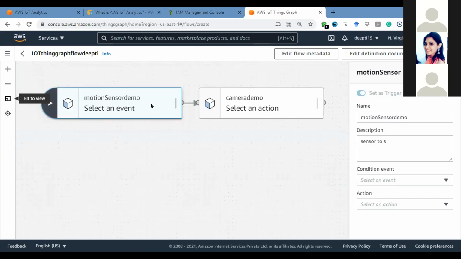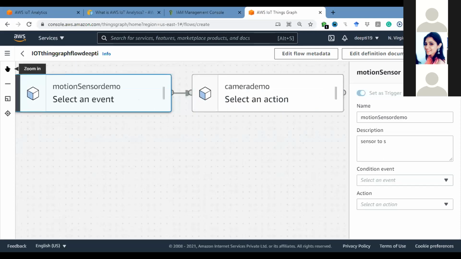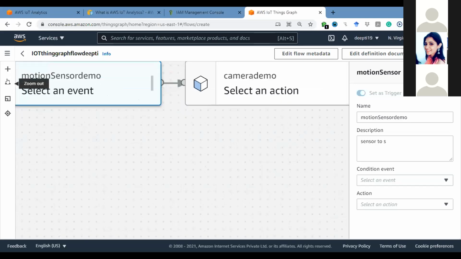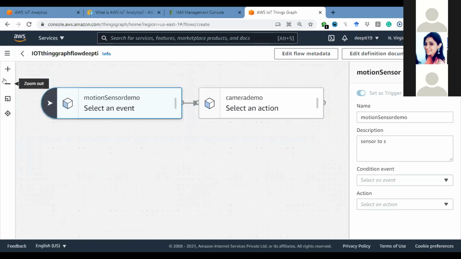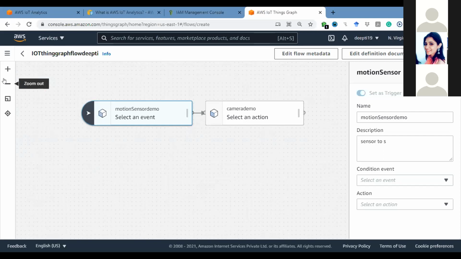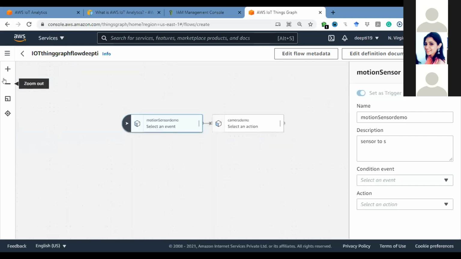Click there. Now you can see it. Click on this plus, you need to zoom in. Okay, so this is visible, right? Now reduce it, reduce it again so that you can add more components. Yes, now it's fine. Now you can add some more components if you want.